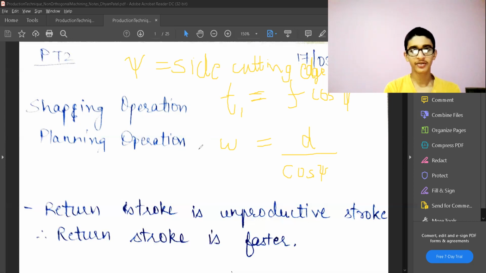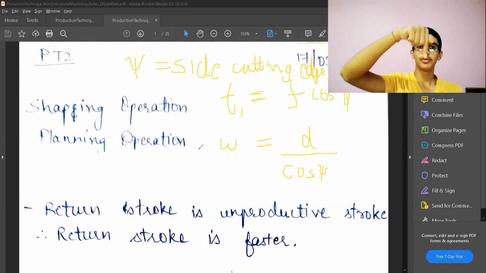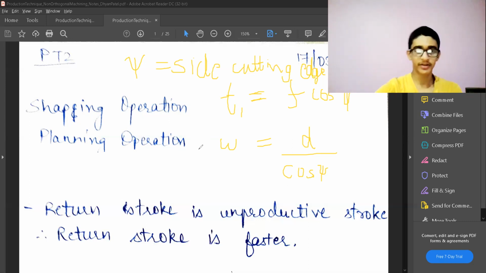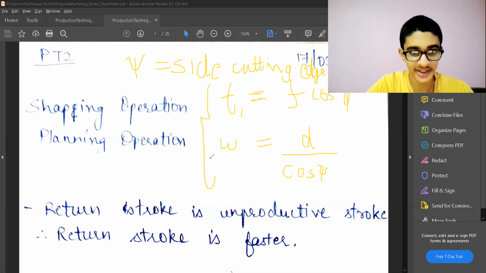And the other configuration could be that my workpiece is clamped completely, the table is not going to move, and my tool can move in XY directions, and it can also move in the Z direction for the depth of cut. So now this is the main difference that will come in Merchant's theory. These are the only differences which will come.